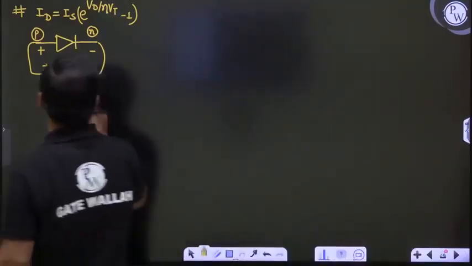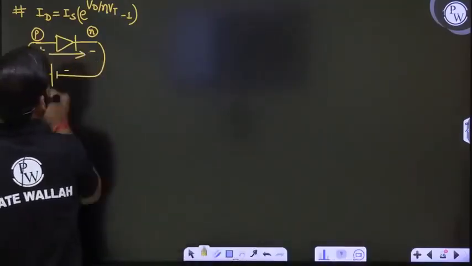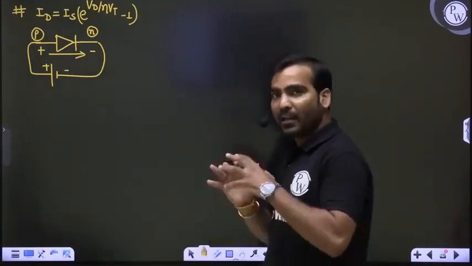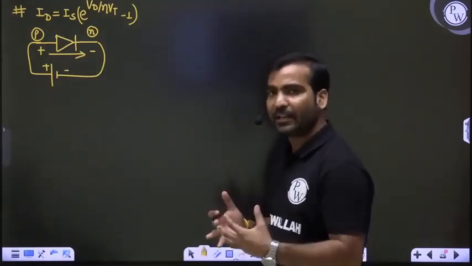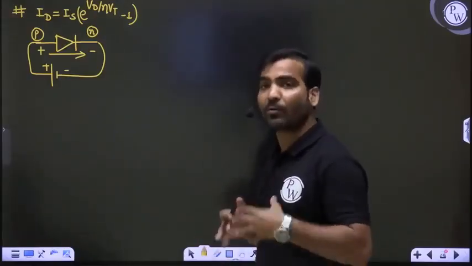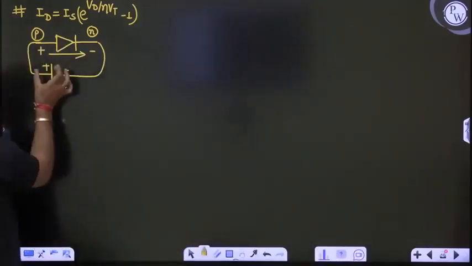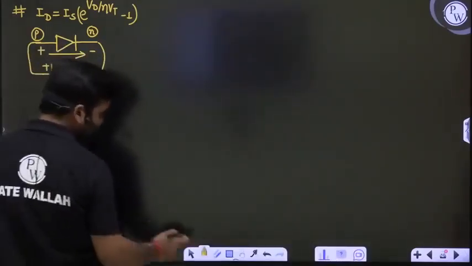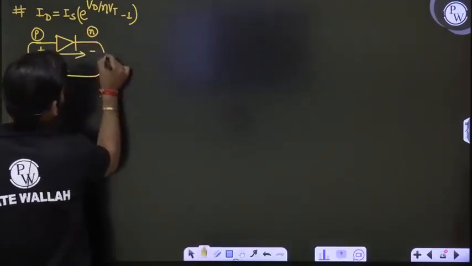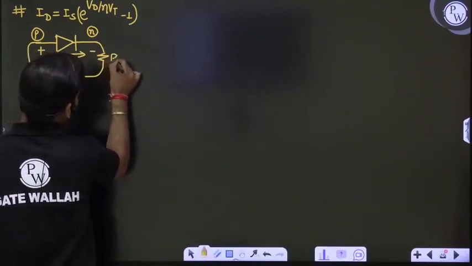Because of that, what will happen? A current will flow in P to N direction. This is the case where current is flowing significantly across the diode, and this diode is named as on diode or forward bias diode. So diode is forward bias. Now in this case, because of this battery, suppose some resistance is also there, no problem. You can draw some resistance also here, some resistance.